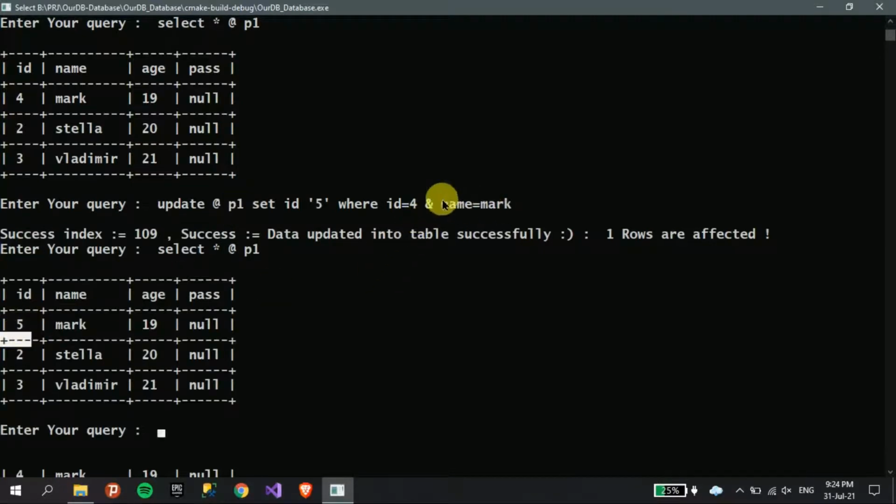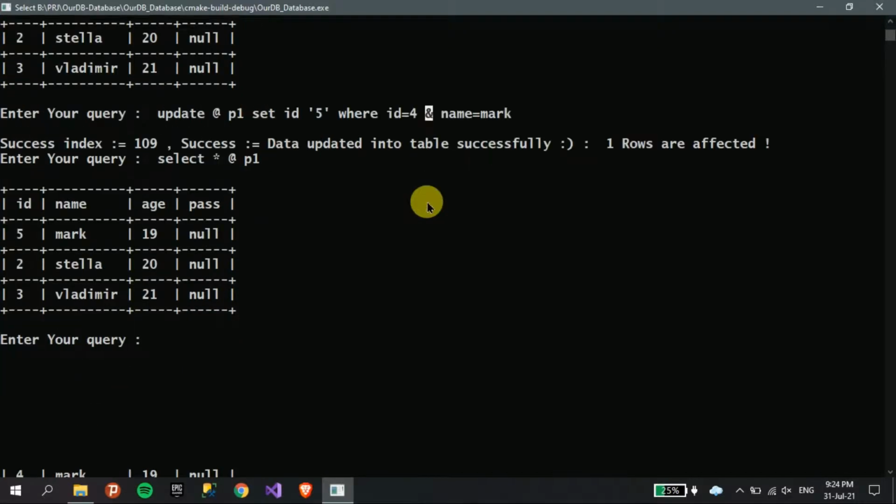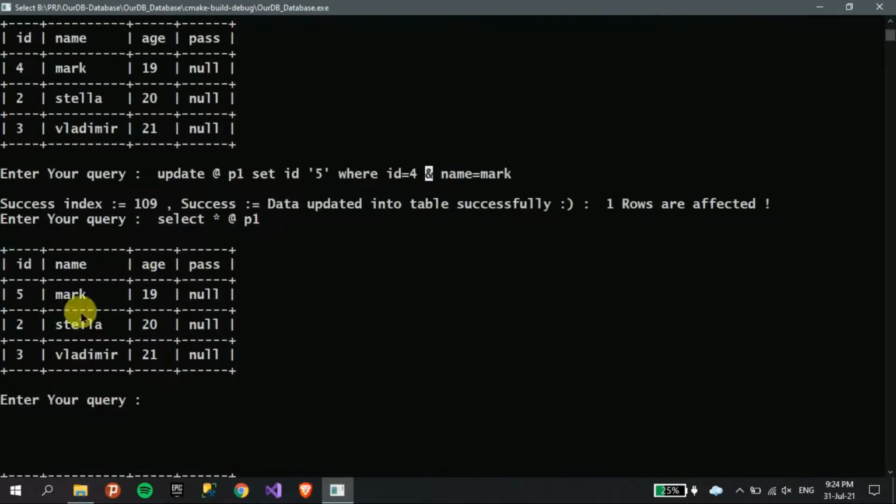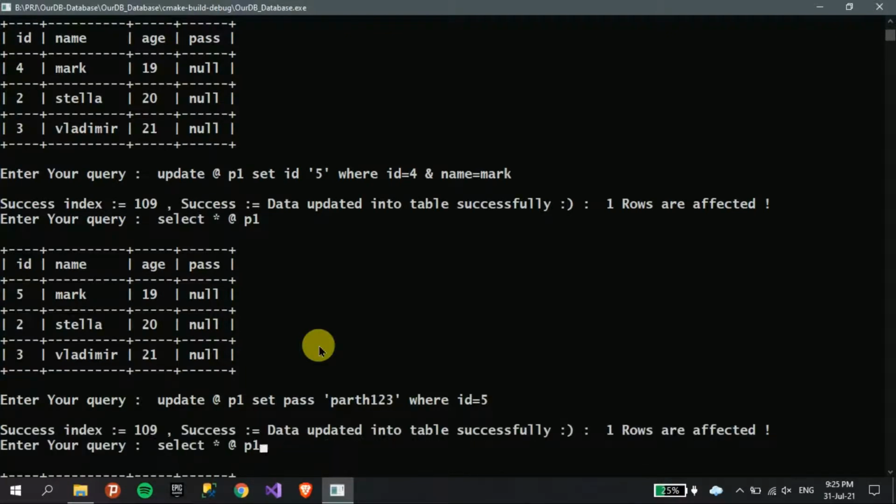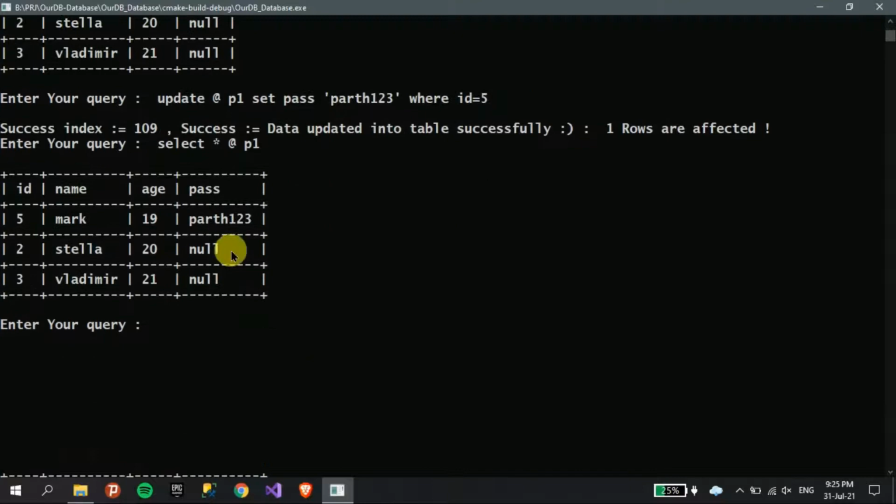You can use the AND or OR condition. Use the single pipe symbol for OR. If I want to make pass, that is how you can update the newly inserted column.